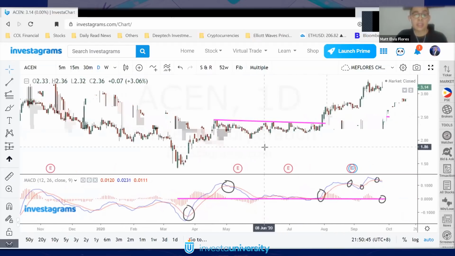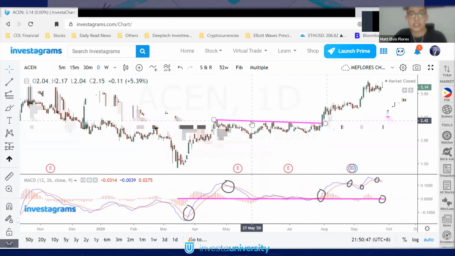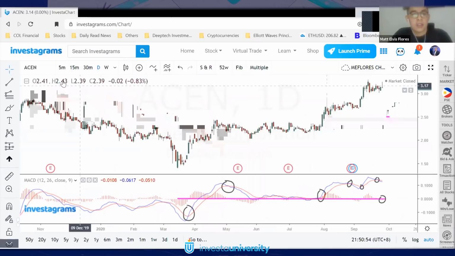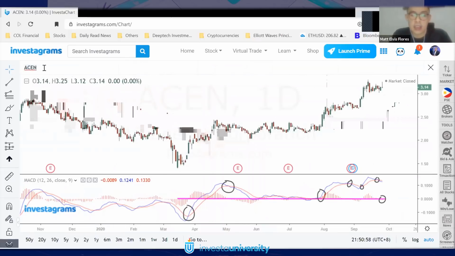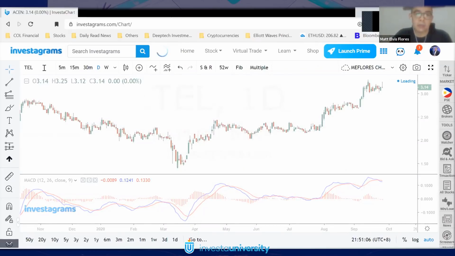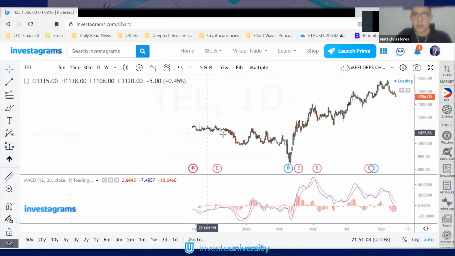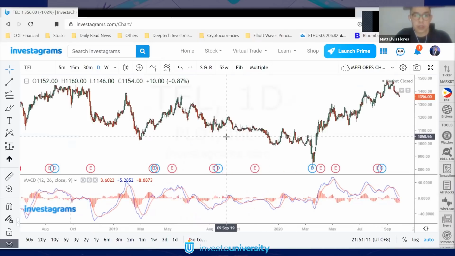Okay? So next, let's now proceed naman dun sa identification ng overbought and oversold conditions. So it's very, very simple. So let's just say, ano ba yung merong mga capitulation? Ano ba yung merong mga talagang sumusuka na during March, which is ito yung start ng pandemic. Diba? Very important to note na